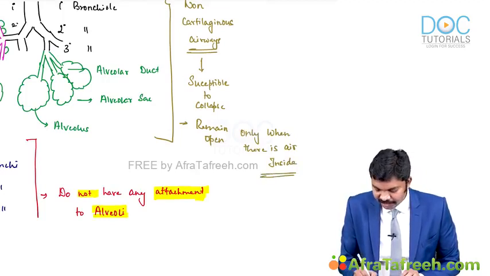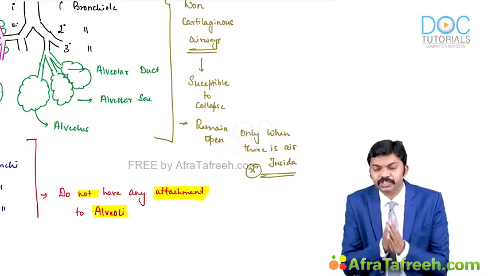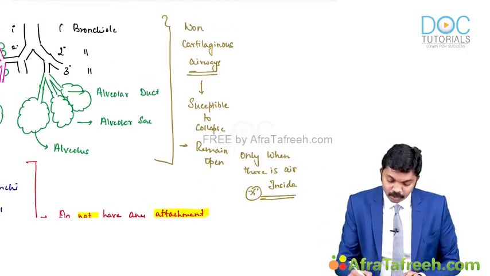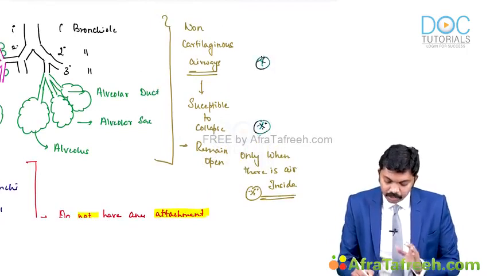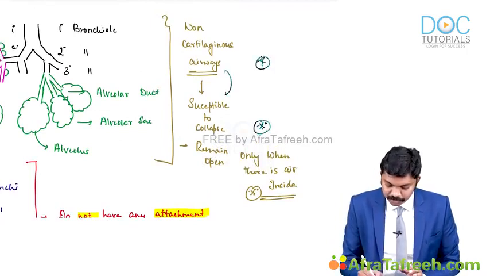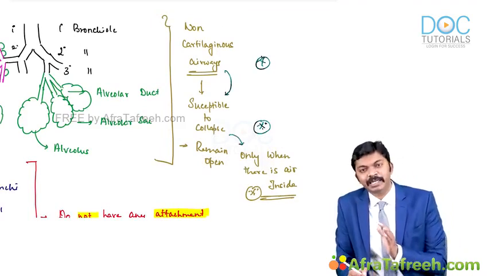Without the presence of air inside, the airways are not going to open, they shut close. Okay. Now, this is one very important point you have to bear in mind. Non-cartilaginous airways are always susceptible to collapse and they will remain open only when there is air inside those airways,